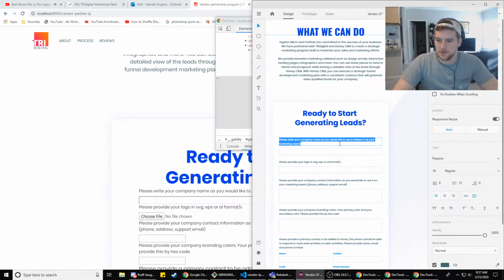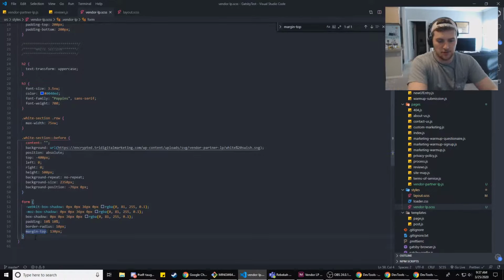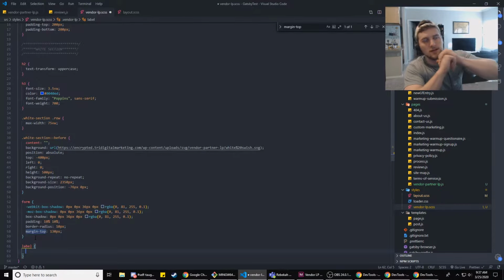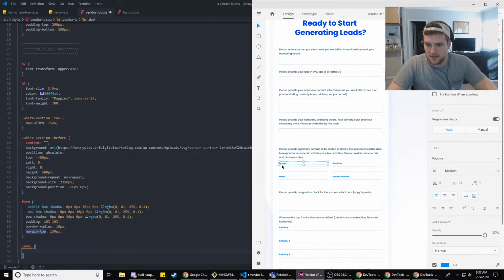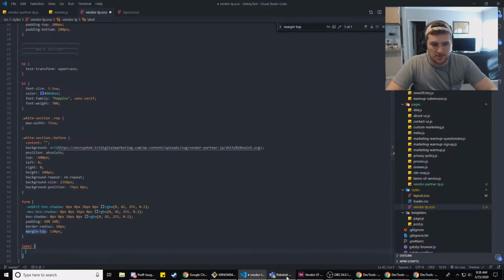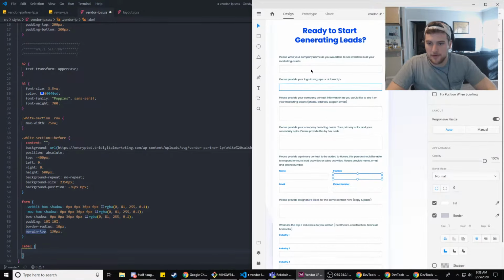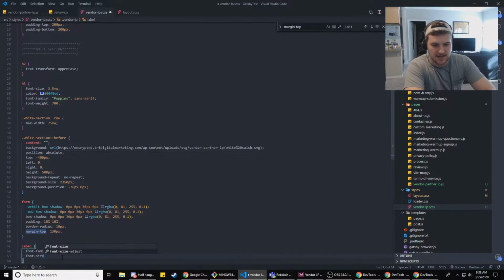And we have to change the labels to that. So we'll do label. I think some of the labels were different, right? So technically those are labels, and then these are labels too, so I need like a bluish label as well. So we'll do the labels in general. They're gonna have Poppins 16 font size regular, so we'll copy this thing right here, throw that in the label, and then font size 16 pixels.